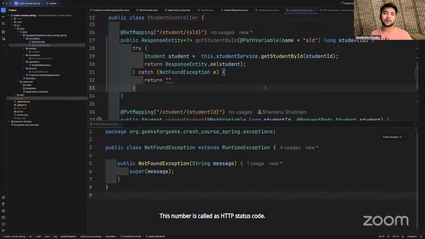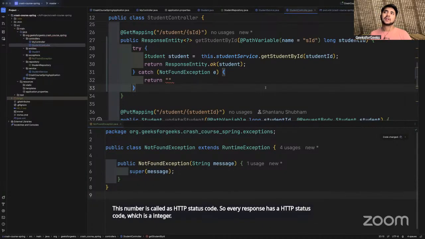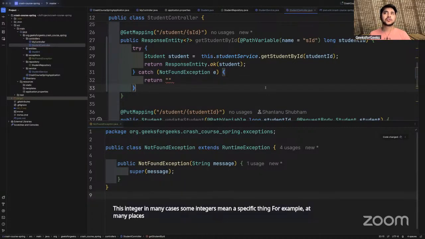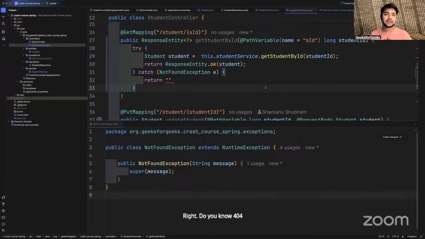So every response has an HTTP status code, which is an integer. Some integers mean a specific thing. For example, even before you knew computer science, you would know that 404 means not found. That is a status code.